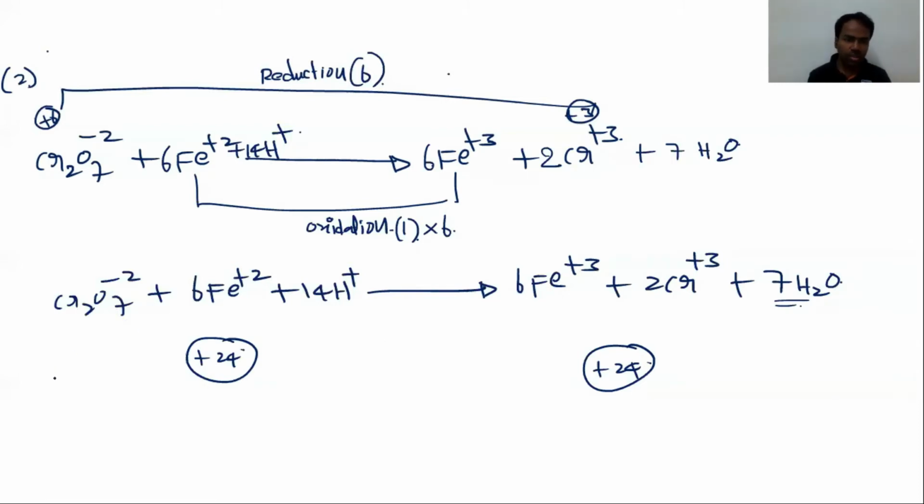So that is the way of balancing the redox reaction. Here the new point is, for 1 chromium the change in oxidation number is 3. But we need to find the change in oxidation number for the total molecule. That is why 3 into 2. For 1 chromium it is 3, for 2 chromiums, 2 into 3, that is 6. 6 is the change in oxidation number for the molecule. So that is the way to balance the redox reaction.